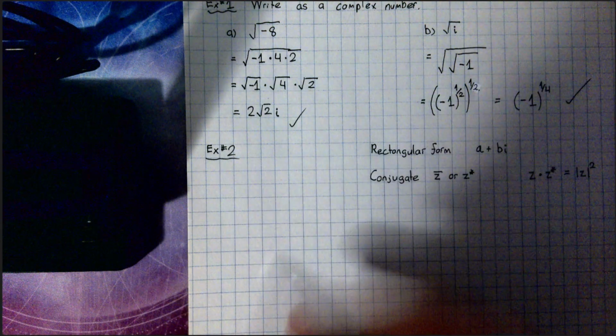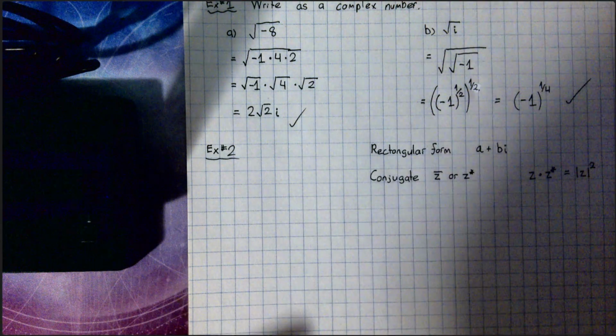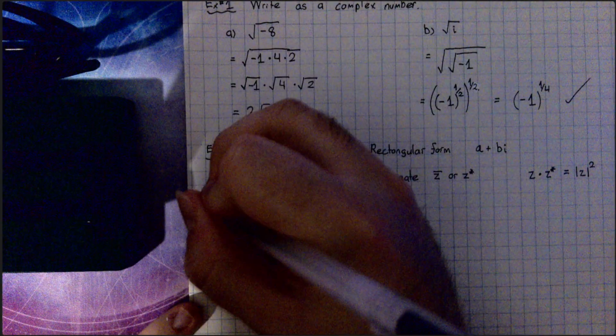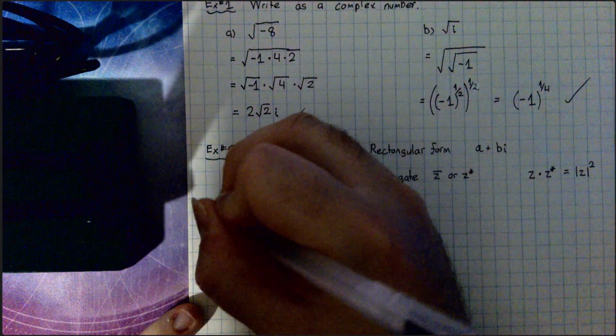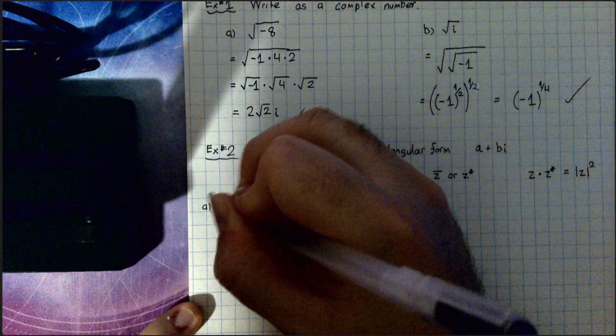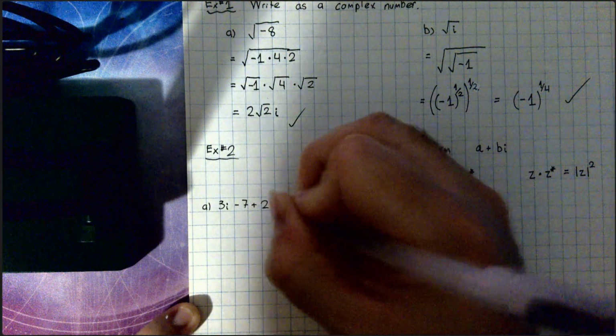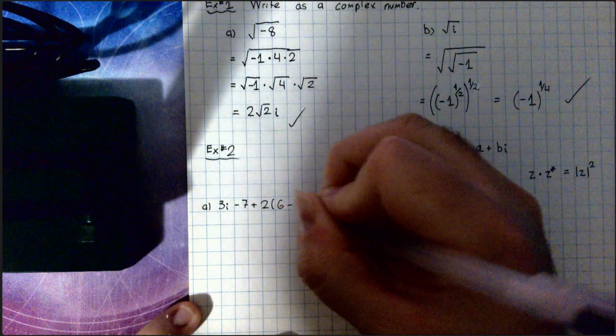So again, I'm going to write two examples. I'll take a brief pause so you can pause the video and try it, and then we'll take it up together. So simplify. I've got part A is 3i minus 7 plus 2 bracket 6 minus 2i